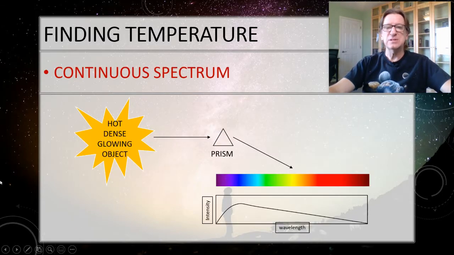So to get this kind of spectrum, we take this hot, dense, glowing object, a star in this case, and we have it shine through a prism, one of those triangular little pieces of glass, and then that will break it into its component colors. And here again, probably the yellow looks like it's going to be brightest to you, but in this case, it's actually the blue that's brightest. And you can see that because it's putting out more in that blue than it is anywhere else. Now keep in mind, all the colors are there. It's just that we've got more of the blue than anything else. The fact that all the colors are here means it's white light. But even though it's white, it's got a bluish tint to it.